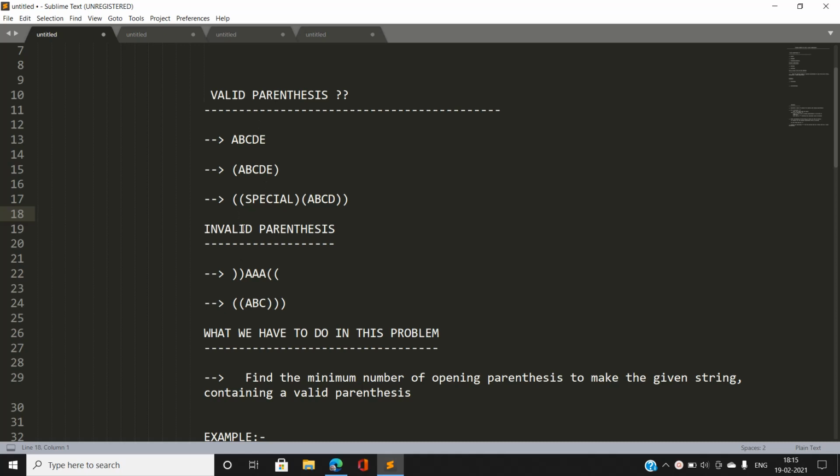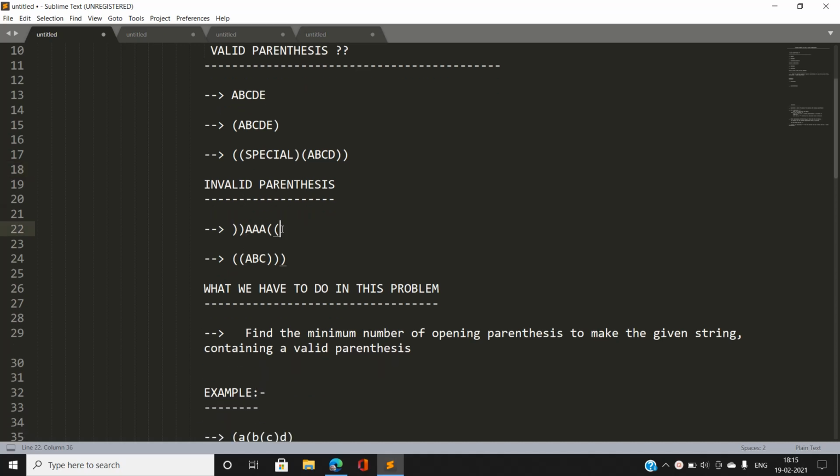In which cases can our given string be called an invalid parenthesis string? Consider this example where first we have a closing parenthesis, then some characters, and then some opening parenthesis. Note that for the closing parenthesis in this string there is not a single opening parenthesis whose index is smaller than the index of the closing parenthesis.